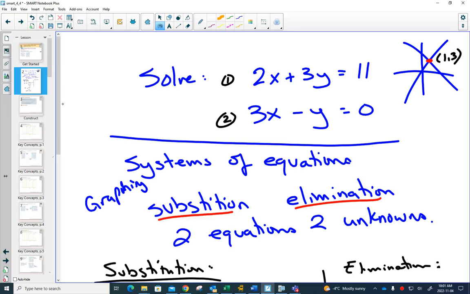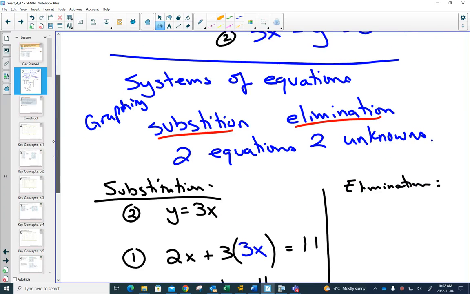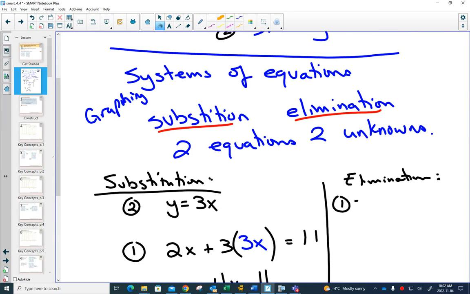And then, in order to eliminate, you want one of the coefficients of one of the variables to be the same as the other side, but one positive, one negative. So for example here, I'm going to rewrite equation number 1, which was 2x plus 3y equals 11, and equation number 2,